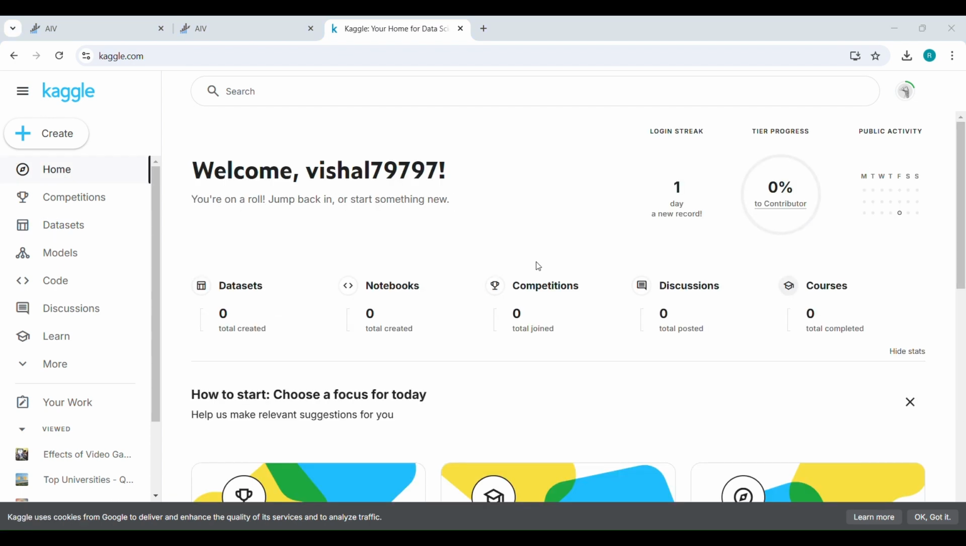So this is the home page of Kaggle. First of all, you have to create a Kaggle account. If you don't, then create it first. Then only you can download anything from here free of cost. So as you can see, there are no datasets. You can click on it